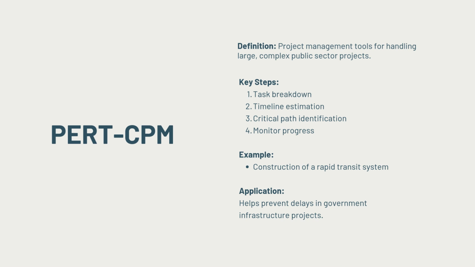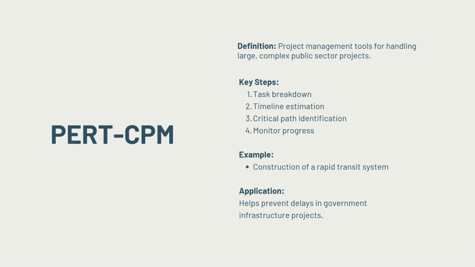For example, PERT CPM can be used in building a rapid transit system. By using PERT CPM, project managers can break down the complex construction process into smaller tasks, allocate resources efficiently across these tasks, and avoid costly delays. They can focus on the construction of crucial tunnels that were on the critical path, ensuring the entire project stays